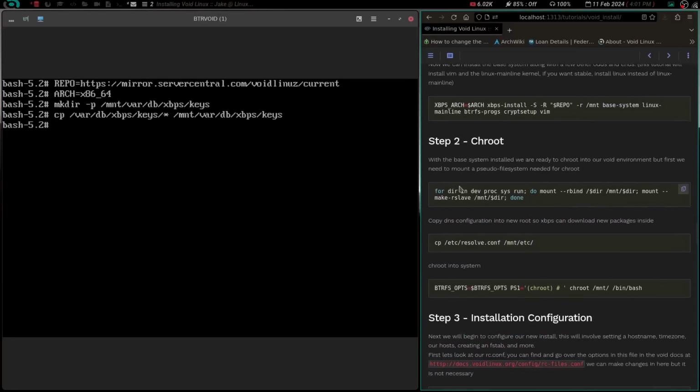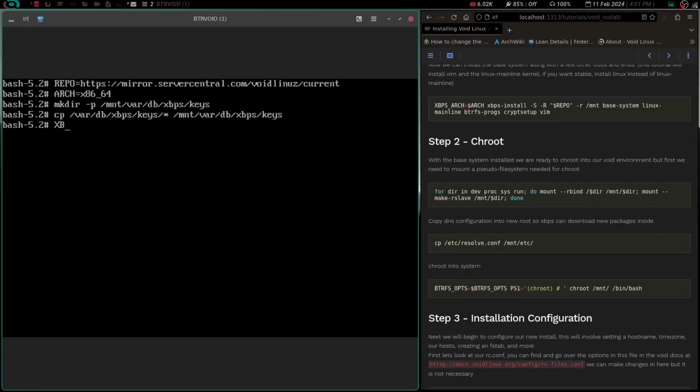So let's go down here now, and we are actually going to do some install. So we're going to do xbps_arch equals $arch. So that's going to be the architecture. And then we're going to do xbps-install. And we're going to give it the capital S, capital R flag, and then repo. And then we're going to do -r, and we're going to do /mnt, and we're going to install the base system. We're going to install linux-mainline. We're going to do btrfs-progs, and we're going to do cryptsetup, and we are actually going to do